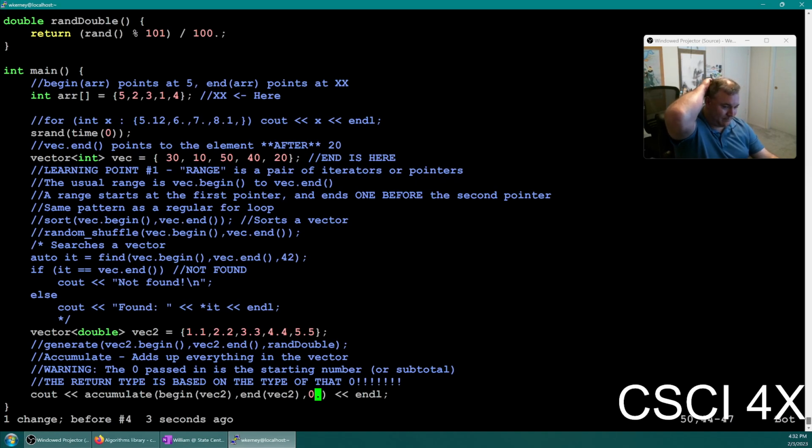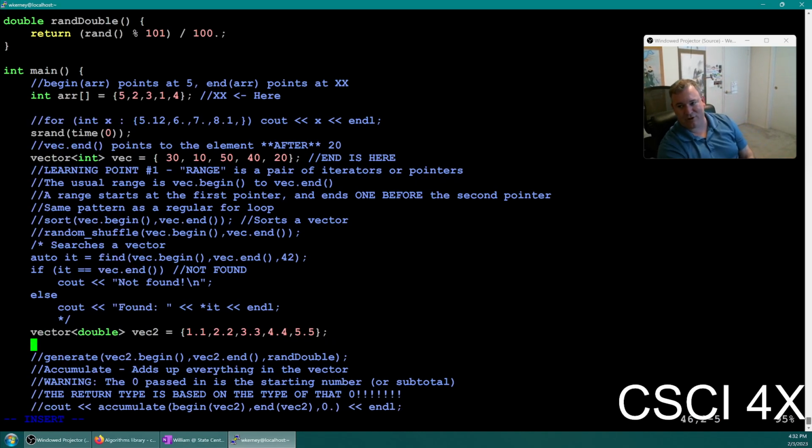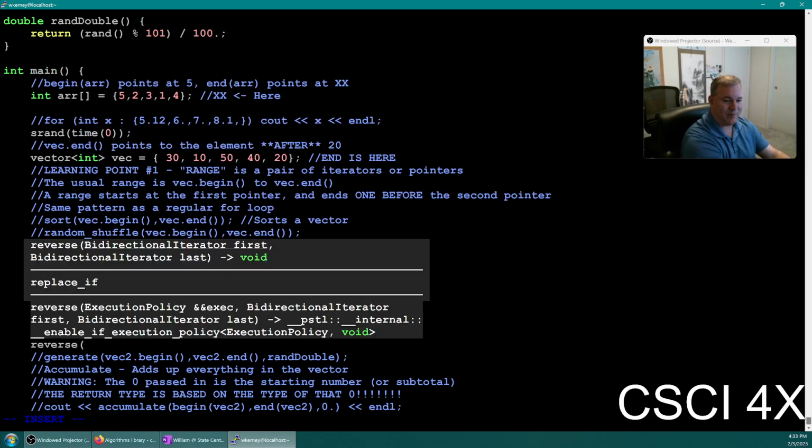Okay. What if you want to reverse the vector? Anyone want to guess what the function to reverse a vector is? Pretty metal. Thank you. Reverse, yeah. Okay, so reverse comes up a lot actually in